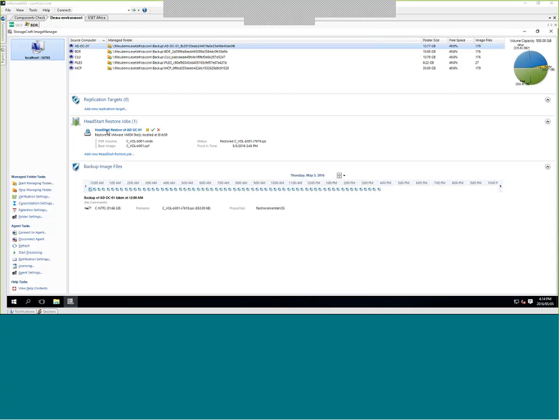So that will use one head start restore job license. If I then delete this job, I will free up that license and make it available to apply to a new machine. And the same applies for replication. So basically, one job license is associated with one particular machine at any point in time.